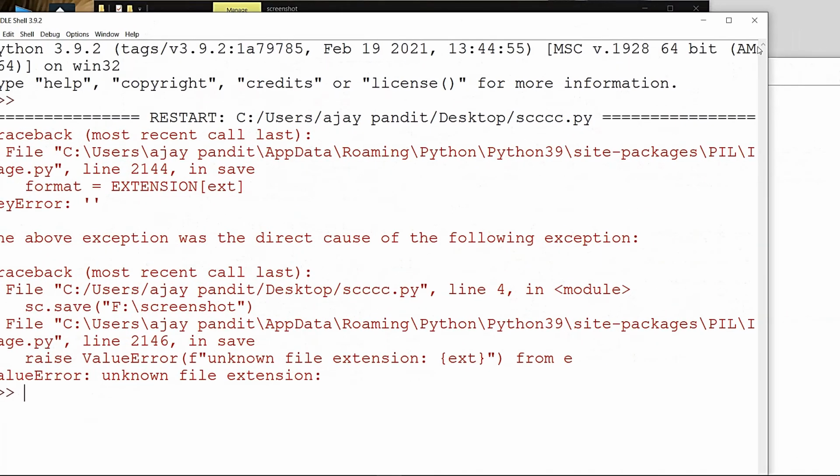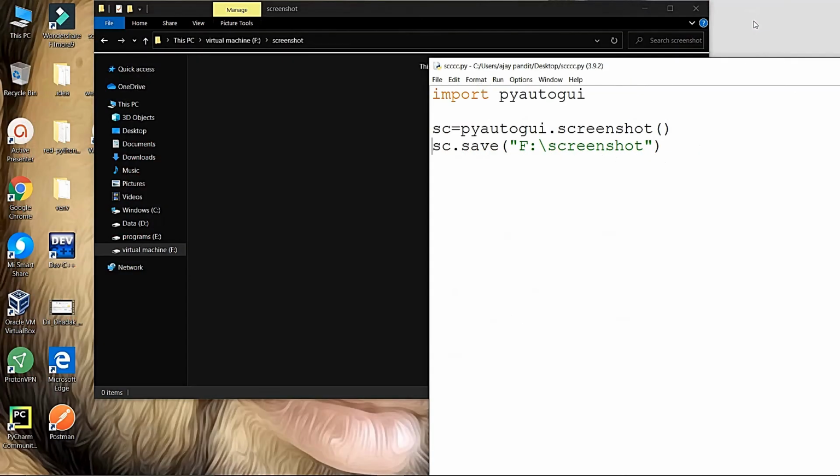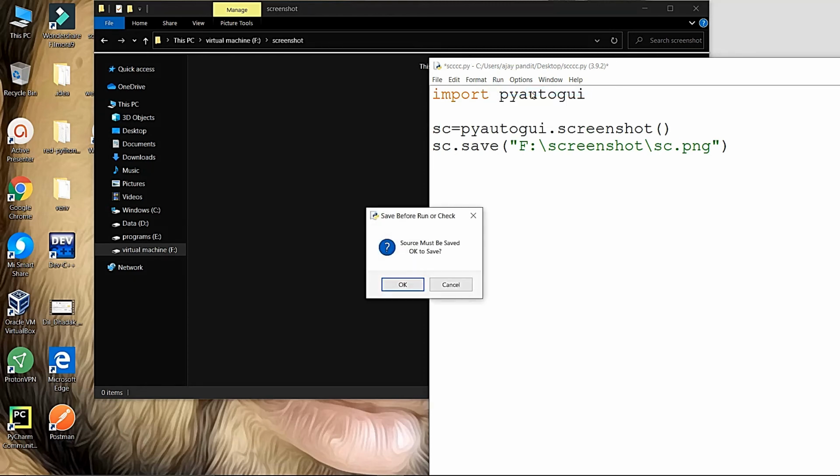Oh, there is some fault. I'm going to fix it. Here you can write the file name to sc dot png format. After that I can run this. Okay,